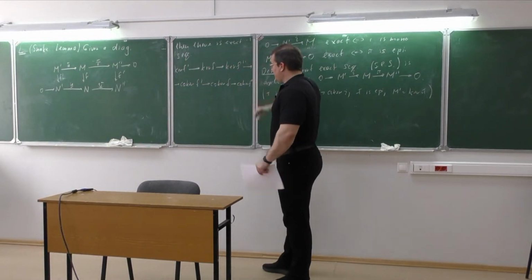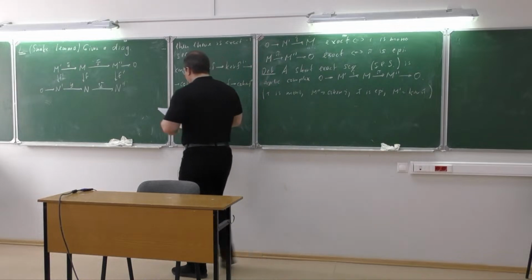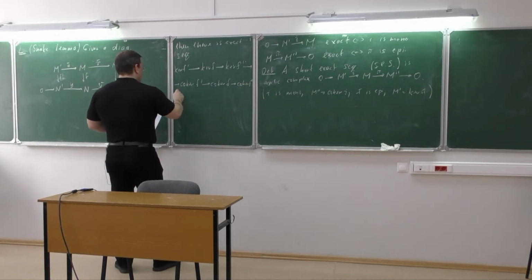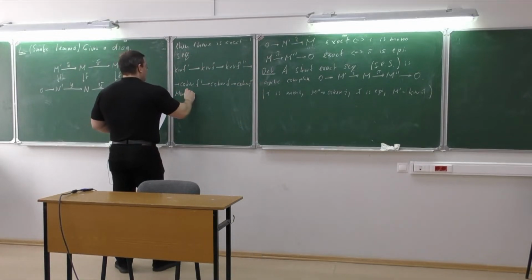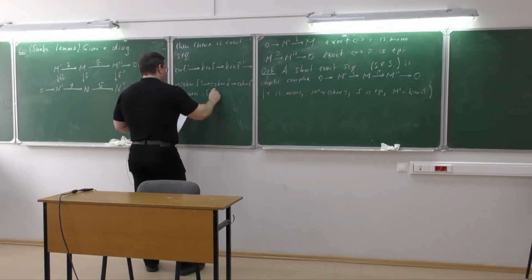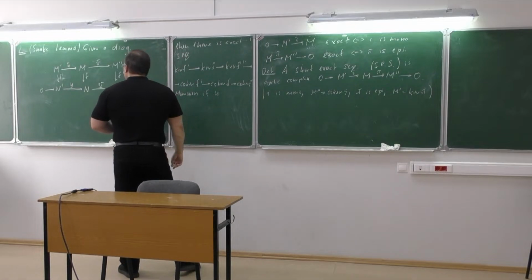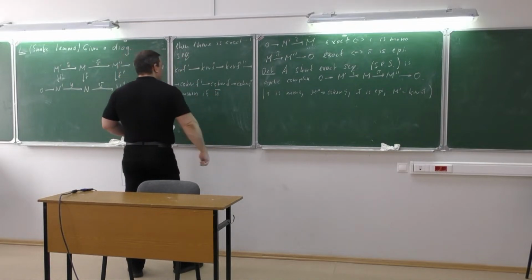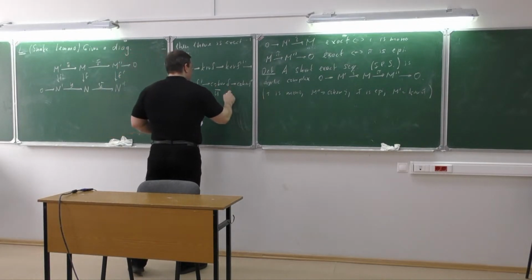And the snake lemma has an additional part. So moreover, if u with the upper bar is injective or mono,